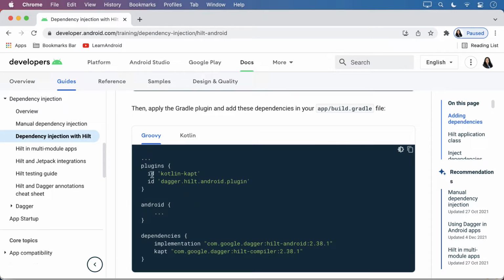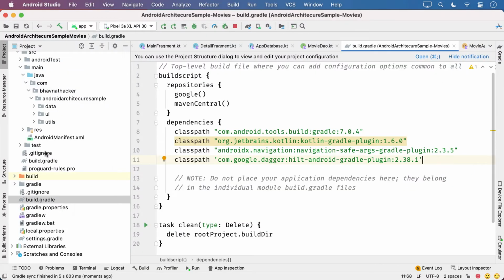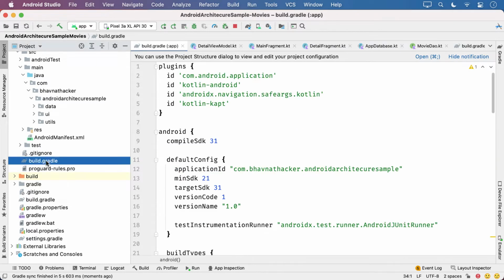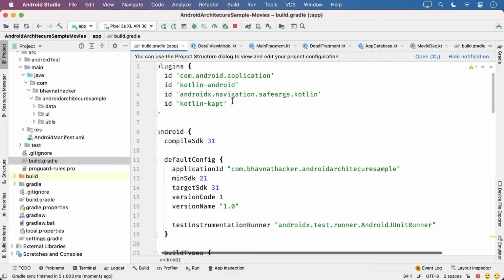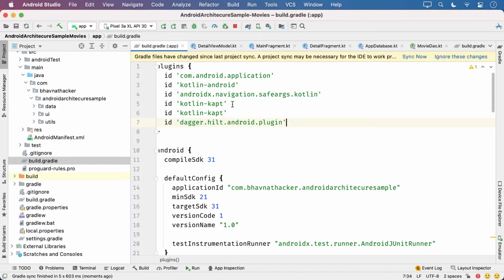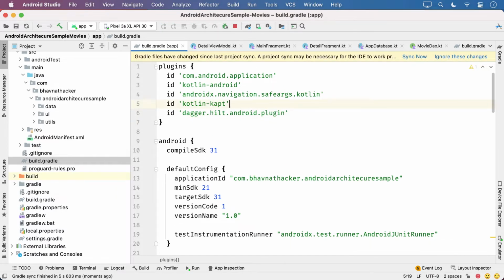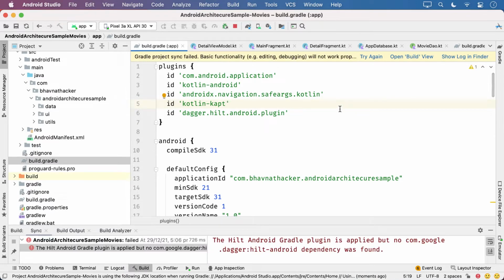Here these two plugins you have to add, kotlin-kapt and dagger.hilt.android.plugin. So I copy this and go to app build.gradle. Kapt is already there, so we are going to keep it only once, and add dagger.hilt.android.plugin.